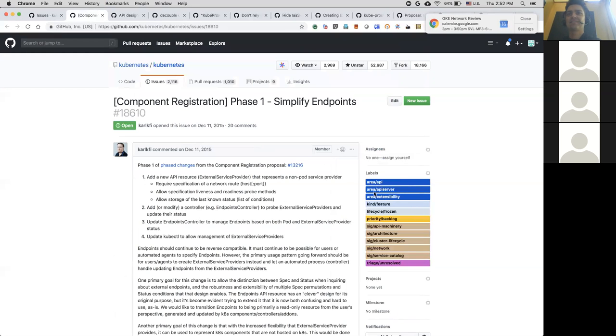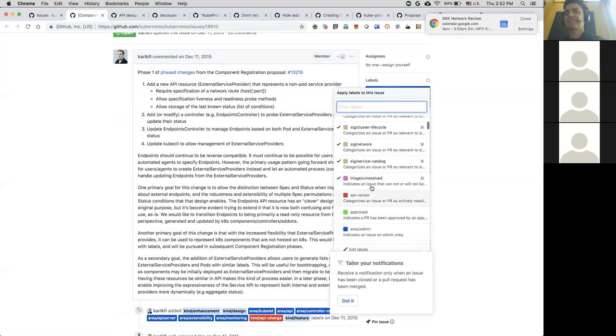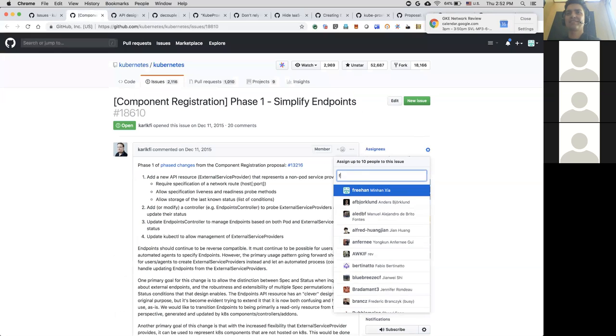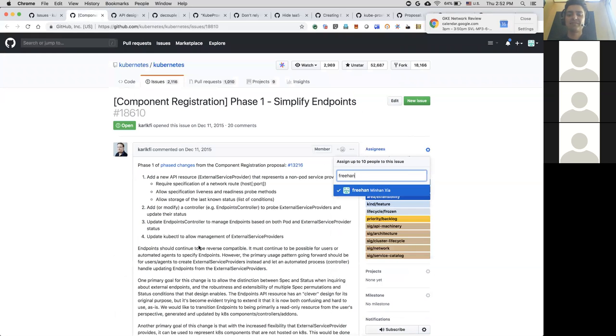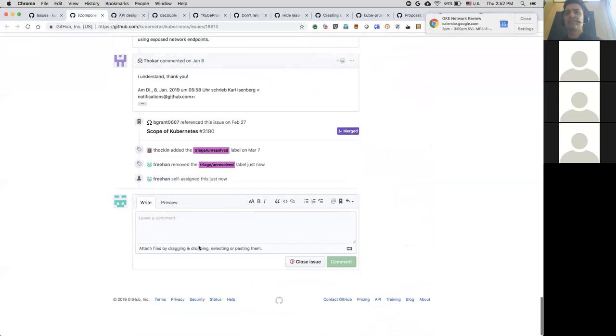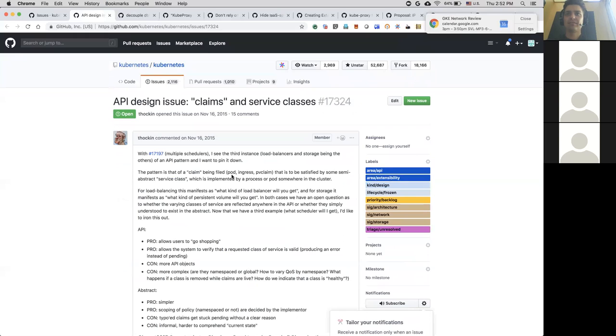Simplify. Yeah, these are getting super... This is like for your reading, basically. What is this, like Kube 1.3 at this point? Yeah. Well, I mean, this should probably, yeah, exactly. Because if we ever get to like service... Yeah. All right. Next, claims and service classes. Oh man, this is... Sure, just assign it to me.